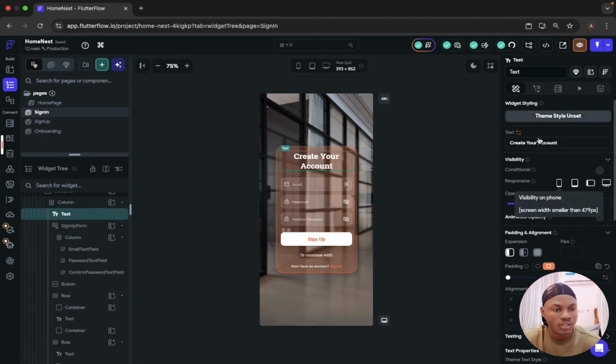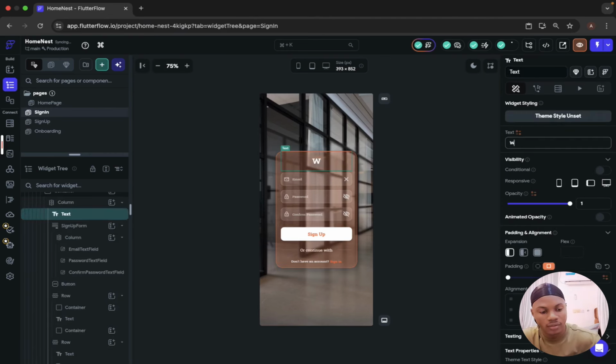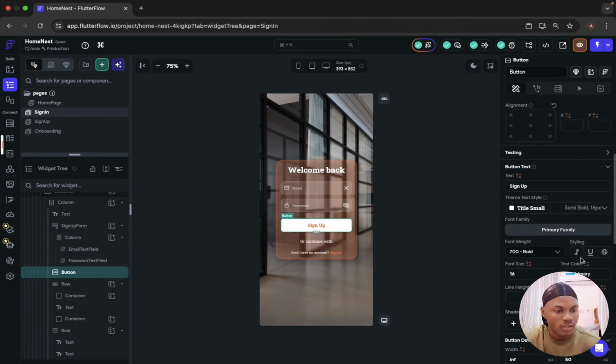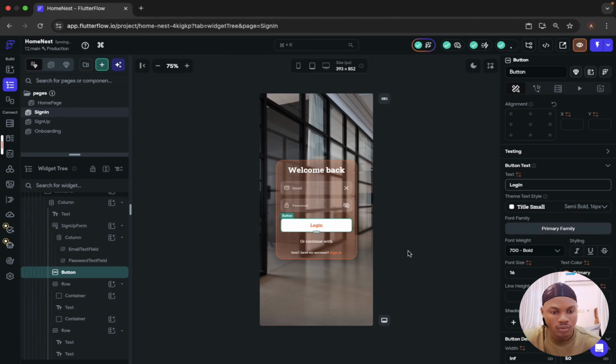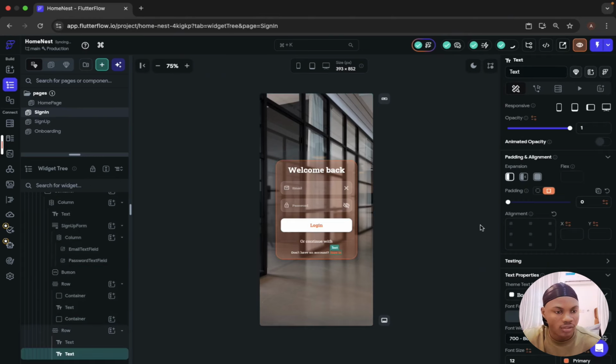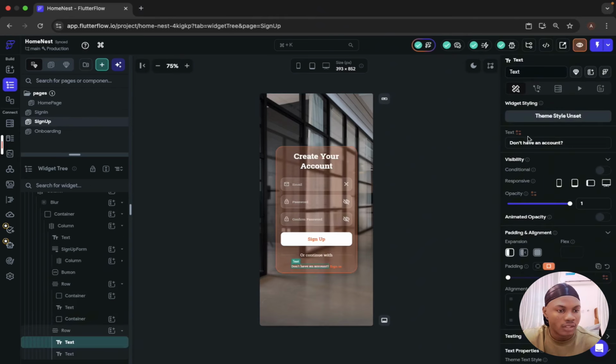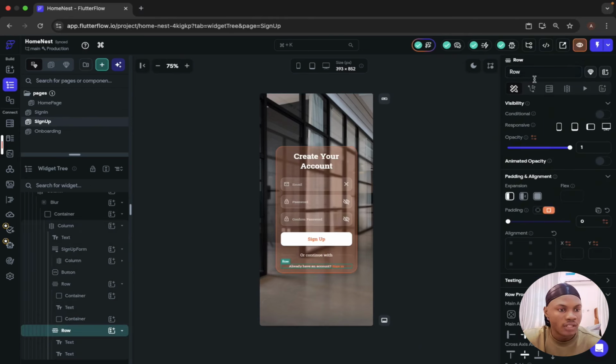So I'm going to change this text to welcome back. I can delete this, then change this text to login, then change this text to sign up. You should already have an account. Sign in. So this text is going to